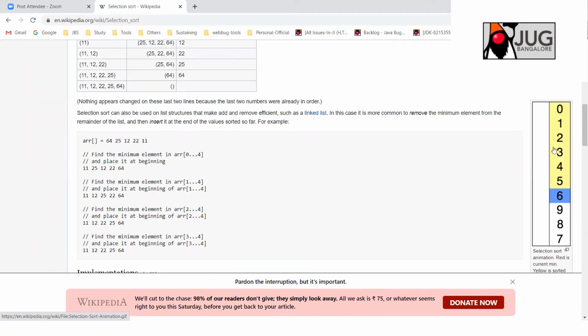Let's start from the beginning again. This is the given array. It picks the lowest element, which is 0, and places it at the first position. Similarly, in the next iteration, it picks the lowest element from this remaining set, which is 1, and places it at the second position. Again, it does like that. It selects the lowest element and places it at the first, and then the lowest among the remaining in the next iteration. So it takes big O of n square.